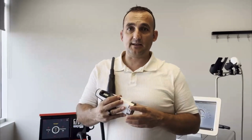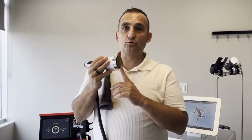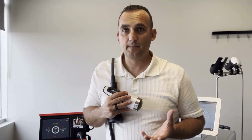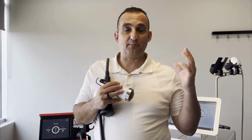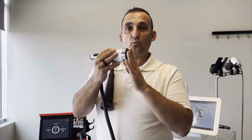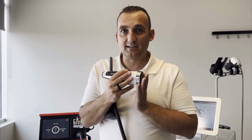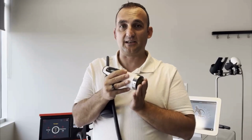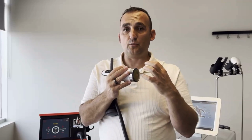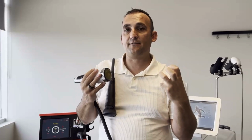So at Unpain Clinic, whenever we say true shockwave, we're using this guy. So true shockwave uses the same technology as they break up kidney stones with. Imagine that. It can break down a kidney stone, but it does not hurt the kidney. So what this does, it actually reaches 5 inches deep effectively without hurting even a single cell. So with that reach, we have the ability to break down scar tissues and adhesions to release everything that is